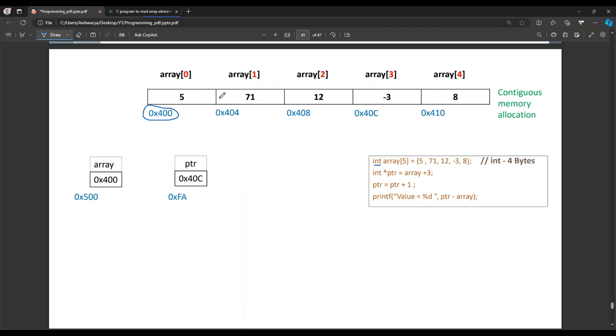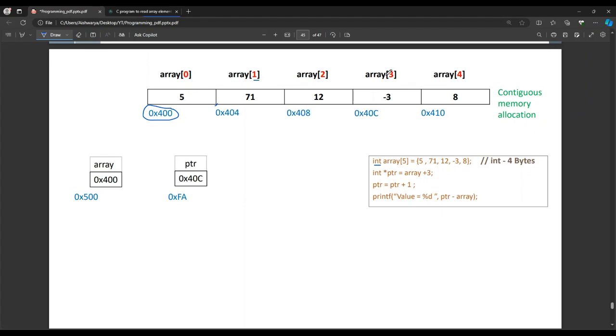Why is it 404? Because whenever we come to pointer additions, the value that you put, plus 1, plus 2, is basically a scale factor. Because this is an integer, the scale factor would be the size in bytes. So plus 1 will actually be plus 4, plus 2 will actually be 2 into 4, which is plus 8, and plus 3 is 3 times the scale factor.